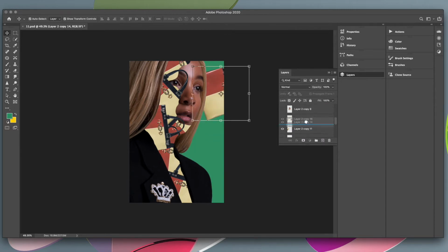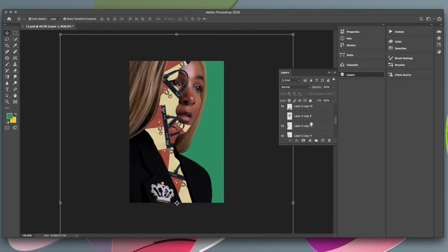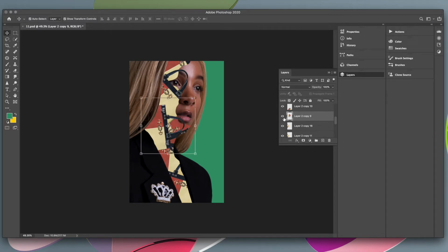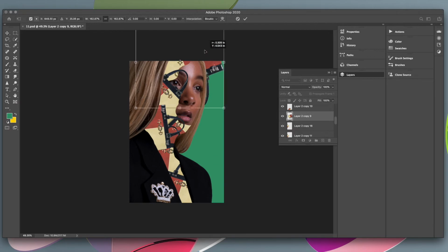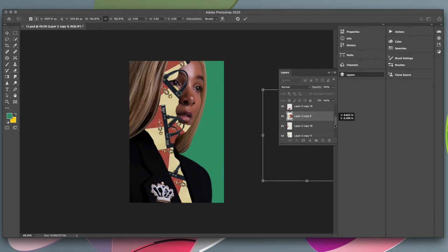Also playing with the concept here. I didn't know what I wanted. I thought that looked cool with the bag over her eye, and now I'm just rotating the bag to see what I like. Because I was also paying attention to